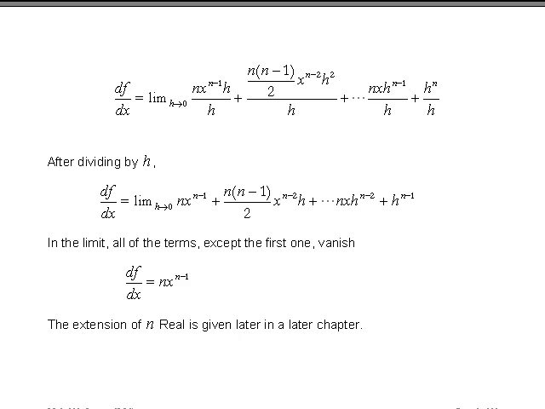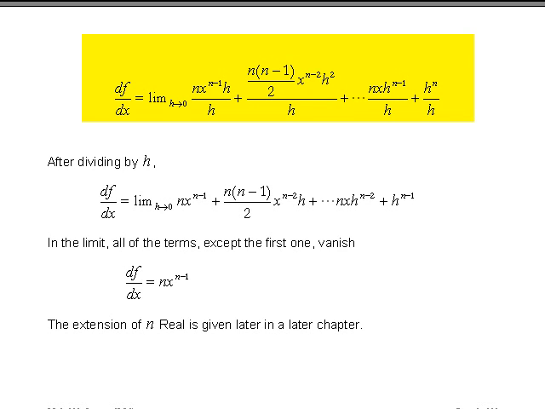On this slide, I have written once more the final line from the previous slide, so you don't have to look back or try to remember it. What I had before was the derivative of f with respect to x equals a limit as h goes to 0 of the difference quotient. By working through the binomial theorem, subtracting off the x to the n's, they fall off of there,